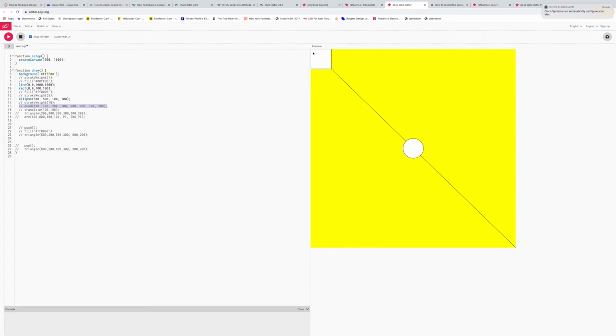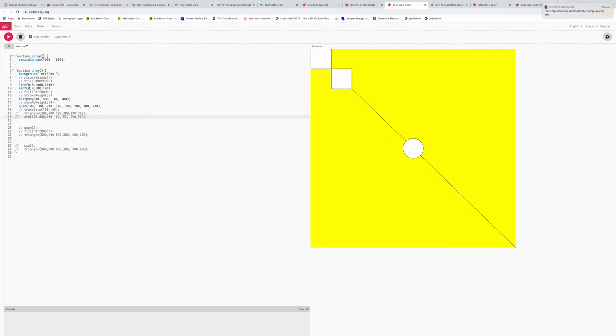You need to identify the beginning parameters and then the width and the height. So the origin parameters are where it's located on the canvas, and then the width and the height identify the actual physical parameters of our shape. But if we wanted to create something that didn't have linear angles on it, then we could create something like a quad, which gives us a lot more control in creating a shape